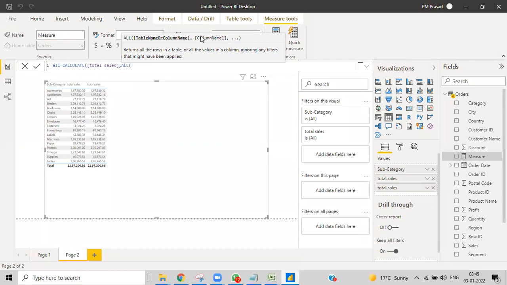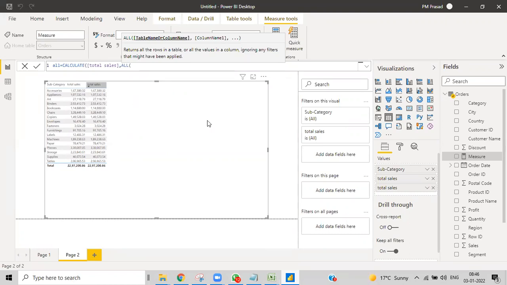You can use anything, columns or tables, but right now I want to give the entire table.